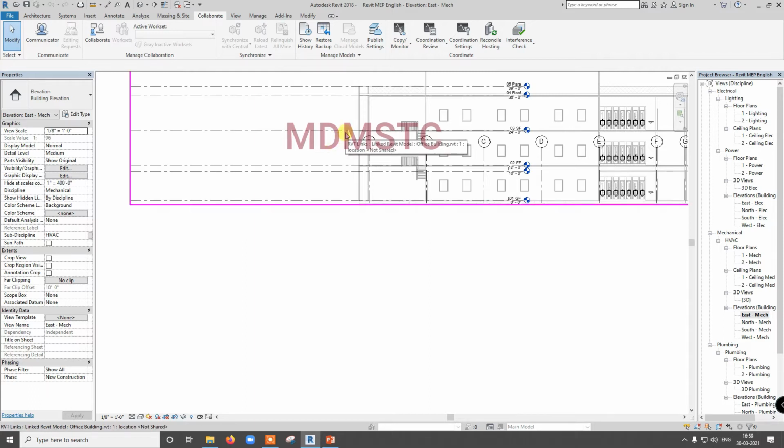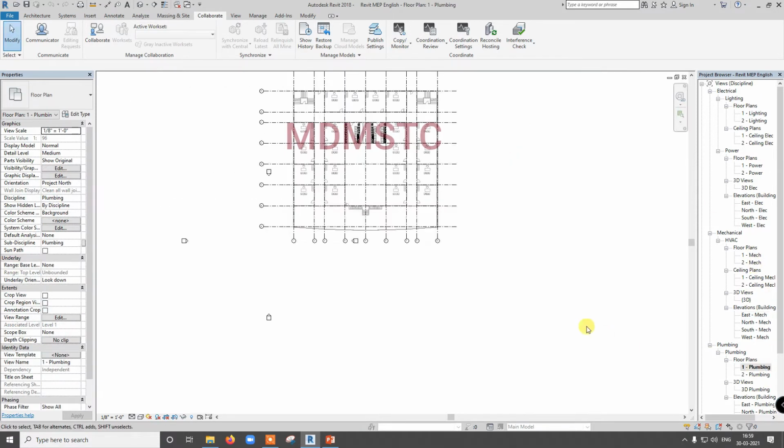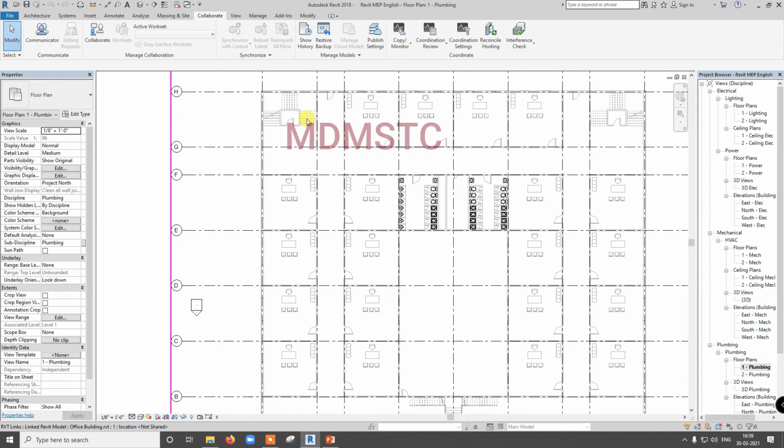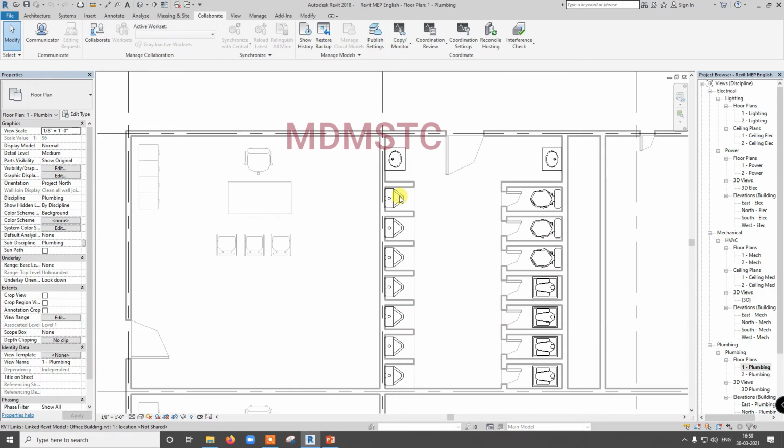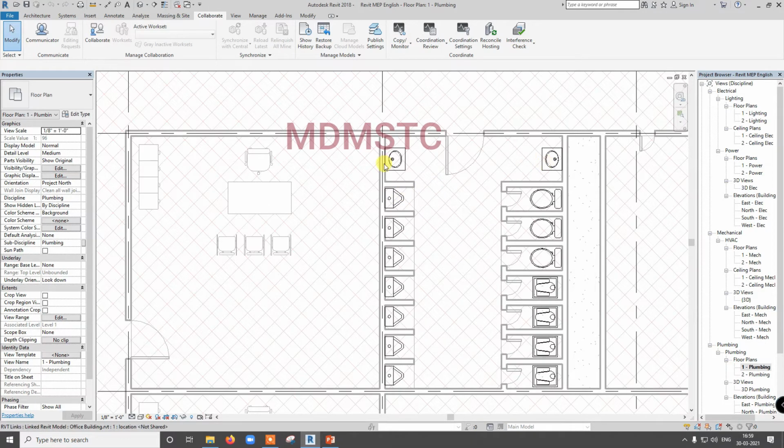But for example, you have finished your plumbing model, with the connection to the water closet and all the plumbing connections, and you start working on the 2nd floor. All of a sudden the architect opens his file and changes the ground floor.